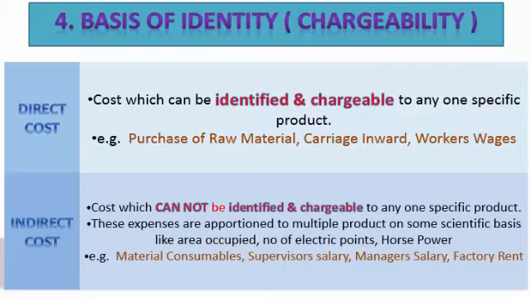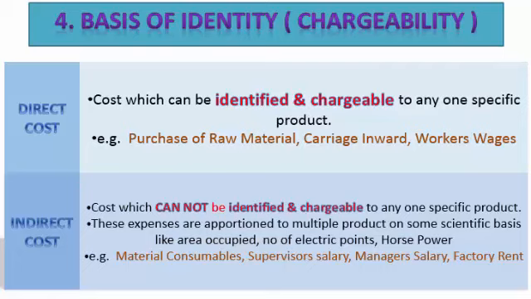Now, examples I have given. Let us take an example of supervisor salary. If the supervisor is looking after department X also, department Y also, then we have to find out how much time he is devoting to X and how much time he is devoting to Y. The salary paid to him is a single salary. Let us say we are paying 10,000 rupees as salary to this supervisor. If he is devoting 60% time to X and 40% time to Y, then we will distribute it as 6,000 and 4,000.